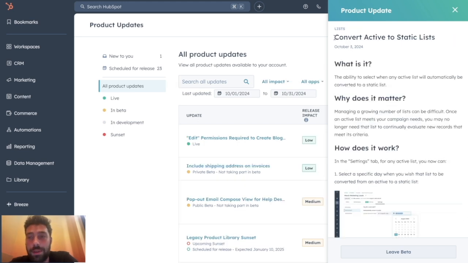And this one, convert active to static list, I had to dig it really far away because it was a low release impact, but I really like this idea. Before, when you created an active list, you couldn't convert it to static list. You needed to create a clone and tag it as static, which means that you had to create two lists for one goal. This one allows you to convert an active list directly to static list